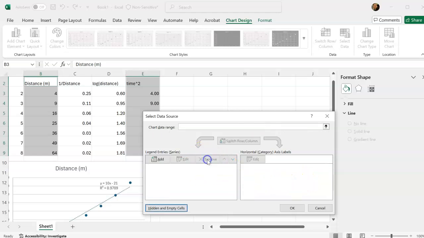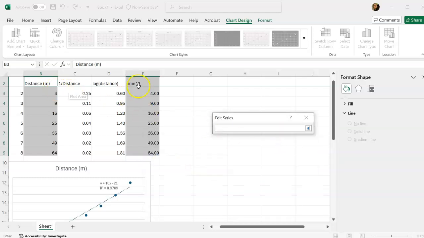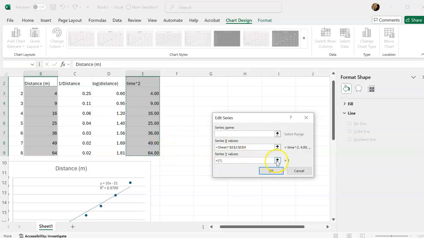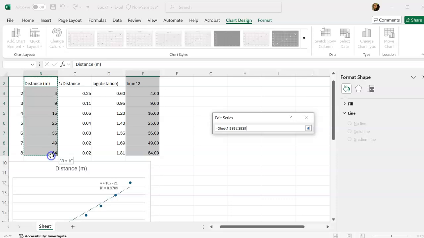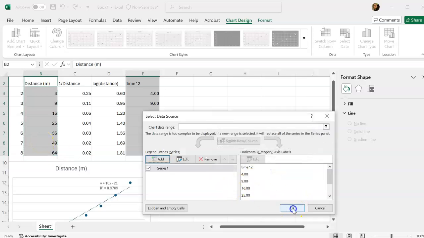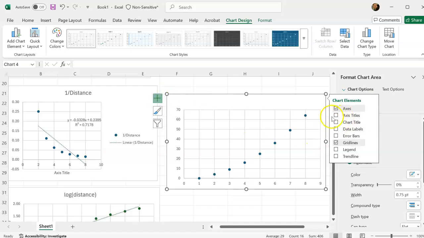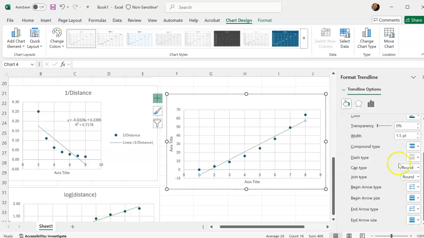We've got all kinds of stuff going on. I'll just go ahead and remove everything, and I'm going to add a new one. Here we go. X value will be there. Y value will be here. And I can hit OK. And when I hit save, it gives me a nice picture. It looks like this. And I can start adding in the axis titles, a trend line, more options,